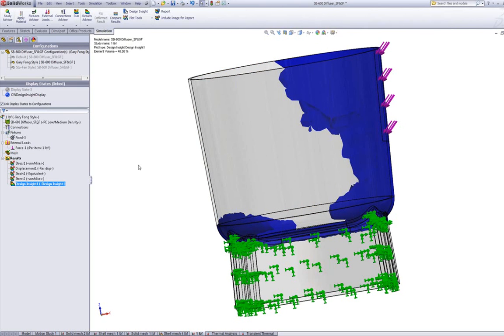Another type of result plot is the factor of safety plot. Now, factor of safety depends on your application, so this could vary greatly from the automotive industry to the bioengineering industry. We have different ranges of factors of safety. Factor of safety is a ratio that involves the safety of our models. My background is in biomechanics. If you have a class 3 device, you're going to have a very, very high factor of safety of 9,